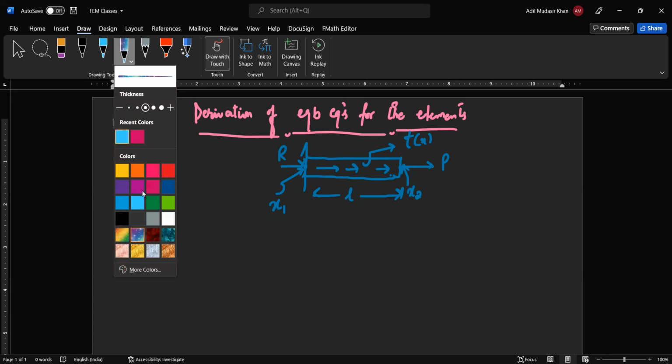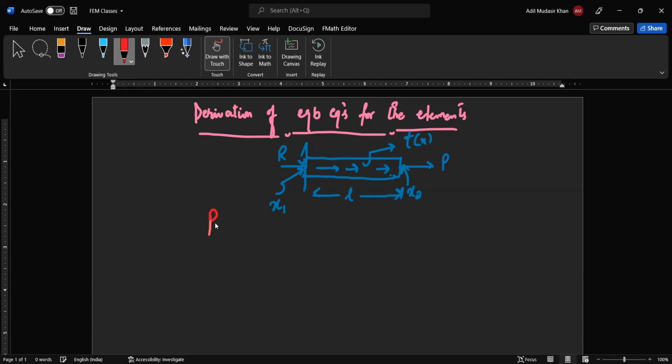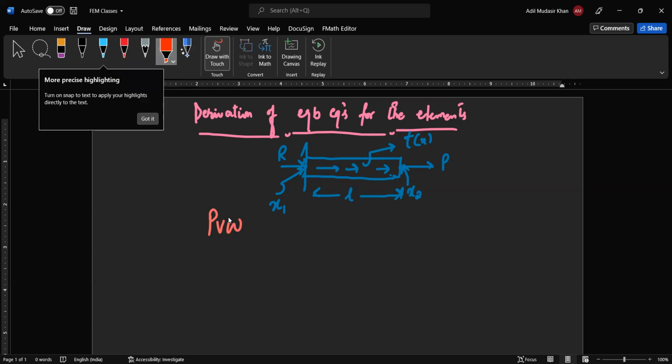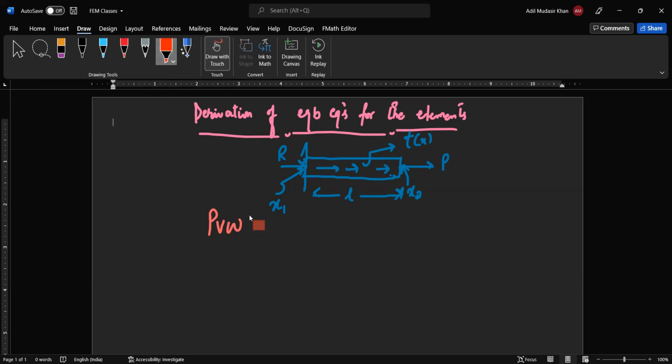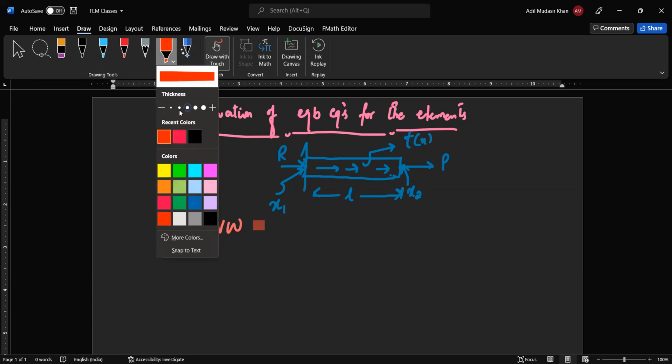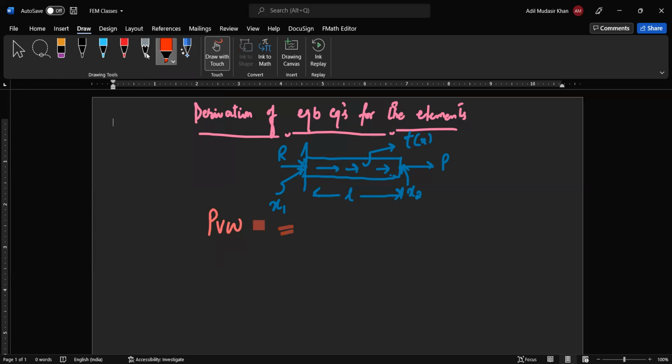Now, as we move into this case, let's first of all write down today our way of solving this problem, calculating the stress and strain, will be very much different than what we derived in the previous lecture. First of all, let's write the principle of virtual work statement for this case. As we write the principle of virtual work statement for this case, it will be